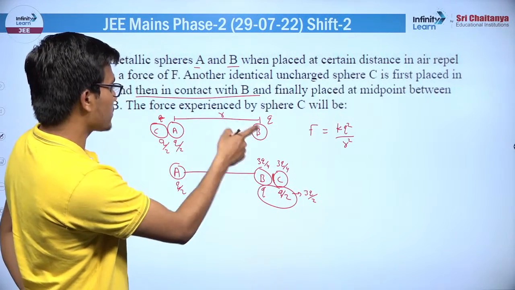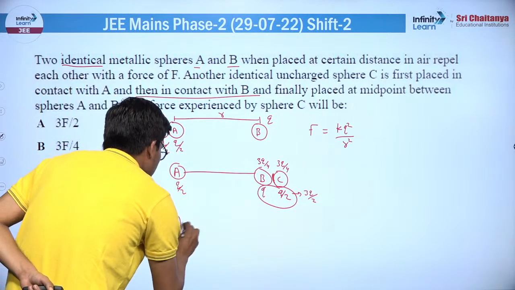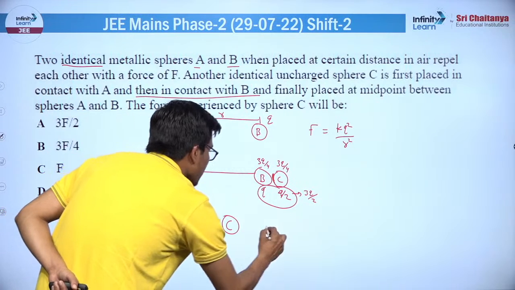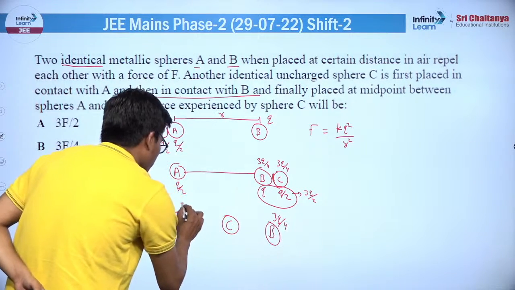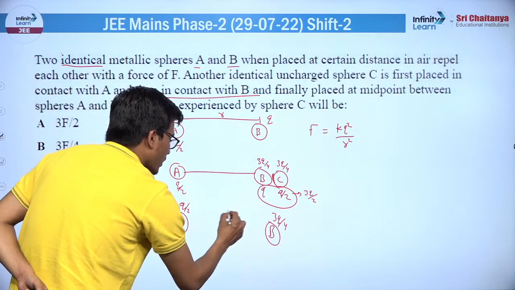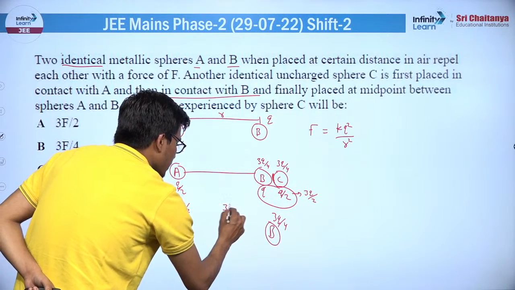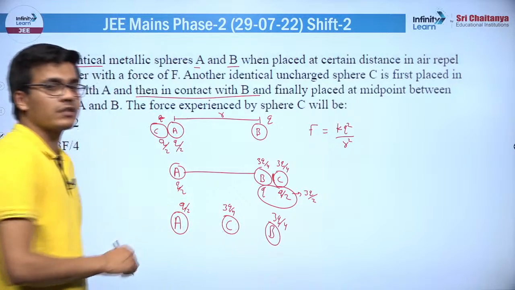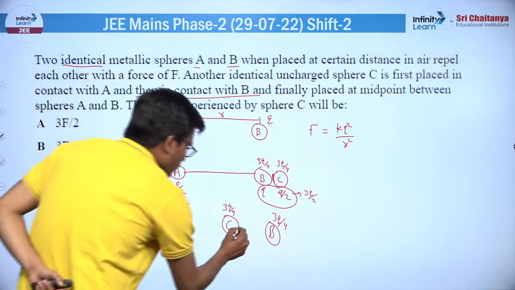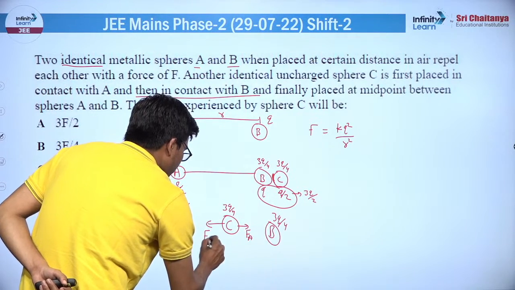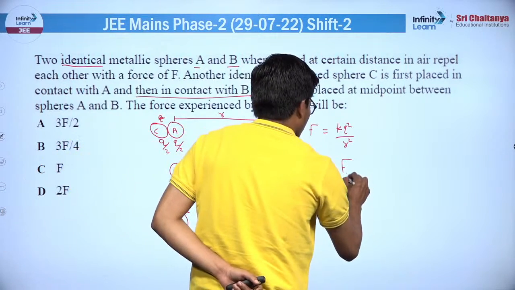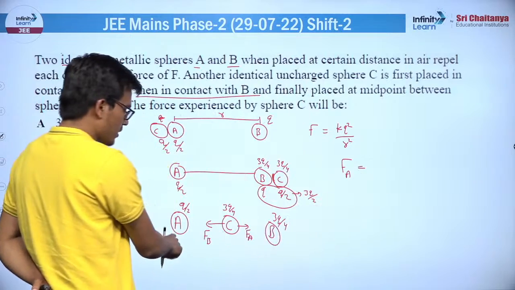Now finally placed at the midpoint, so the final situation is something like C, B is there, the final charge on B is 3Q by 4, here it is Q by 2 and the charge on C is 3Q by 4, and you need to find the net force on this C. So all are positive, so there will be a repulsion. This is FA, this is FB, and FA you can write, FA is the force on C by A,